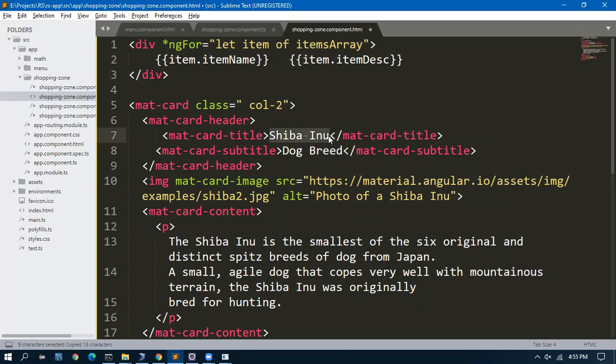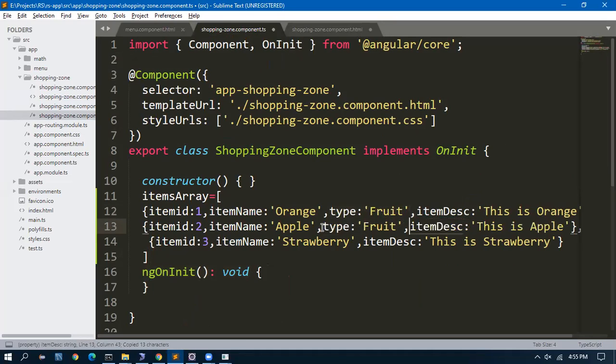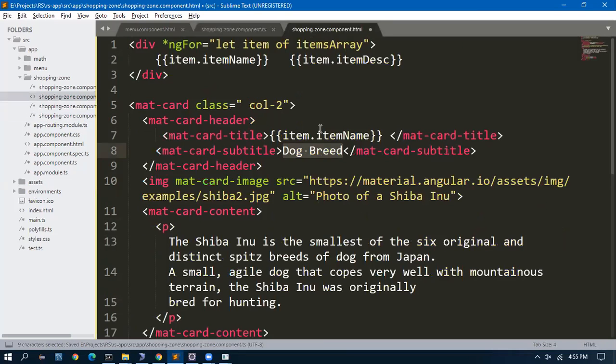So here I will paste my title. And we will add one more property in the object as type. What is this? This is a fruit. So for all the products, I will add the type as fruit. This type, I can display it here.